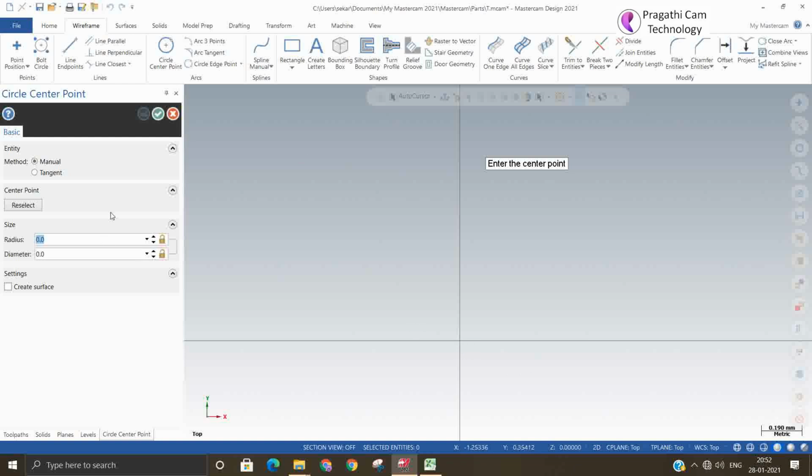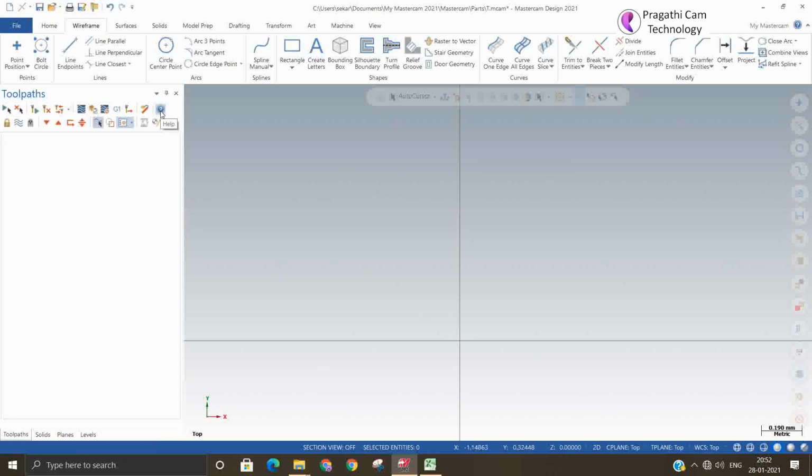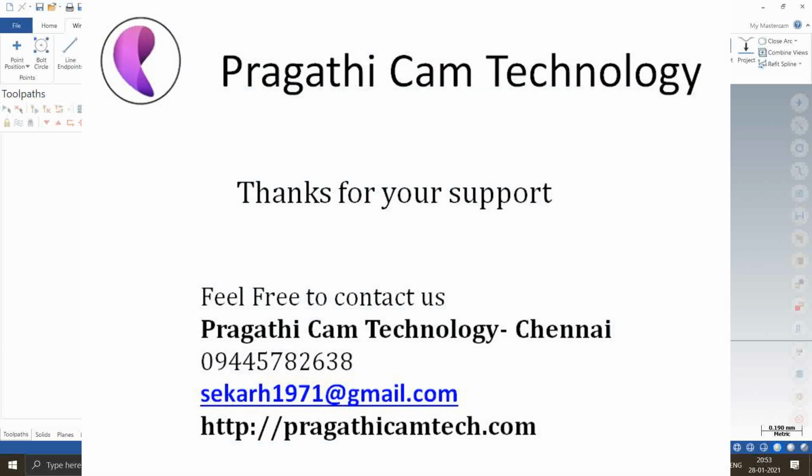If you draw a circle, now also the circle is already done, but it is not visible to me. It means that you went in very close, so the circle is out of your focus. Again we say fit.